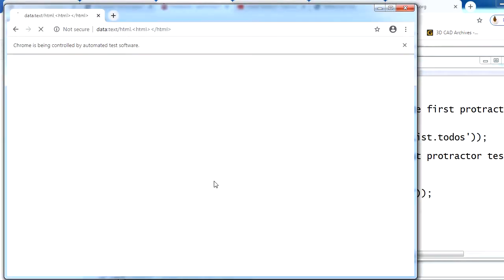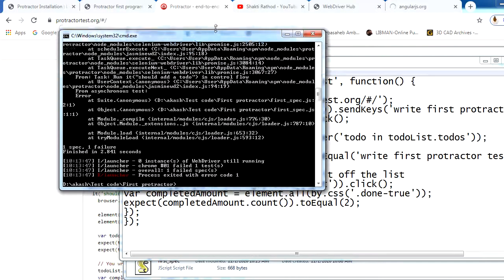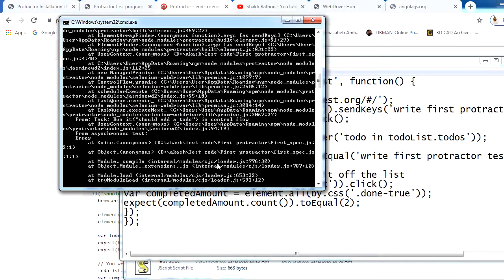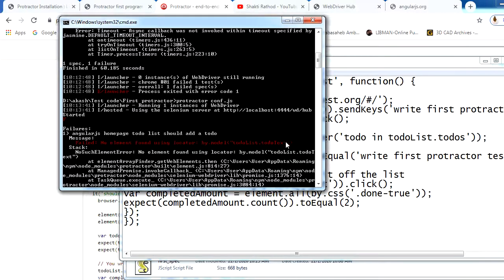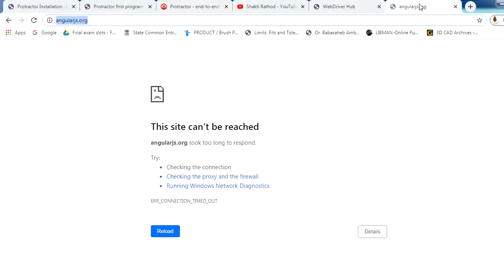It will launch the browser and it will launch this one. So it has given that the test case is failed. Chrome failed. Overall one spec is failed, because our test case was written for the other website, but this one is not responding.